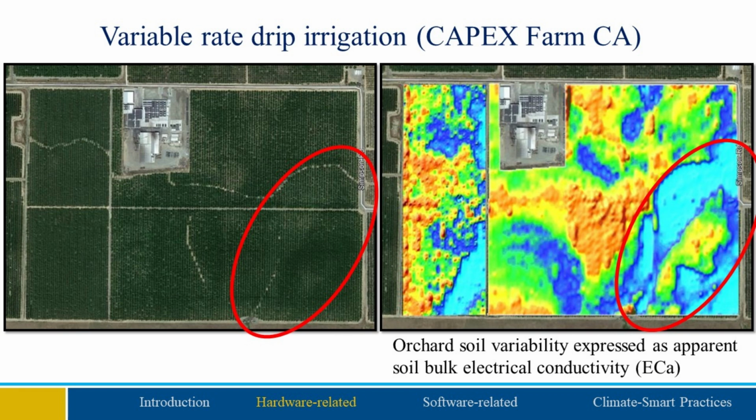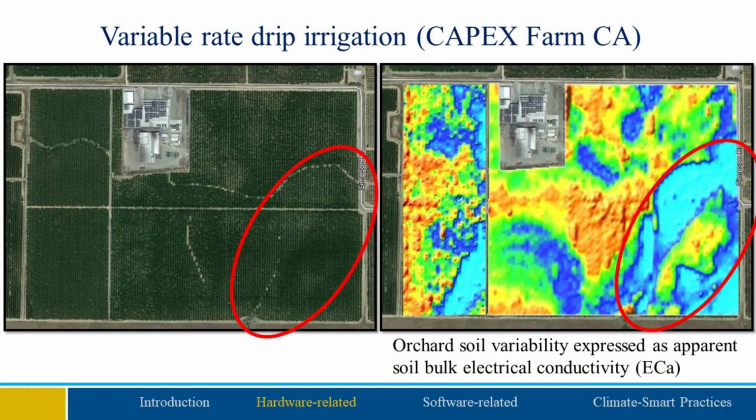This map shows how variable an agriculture field is. And this is typically used to map soil variability. It's called soil bulk electrical conductivity, which basically tells you how the soil holds water in different places. You can see that it's very variable. And if you look at the satellite image in this southeast corner, where the trees are darker, you have light soils. Where the trees are lighter, you tend to have heavy clay soils. So how would you manage a problem like this?